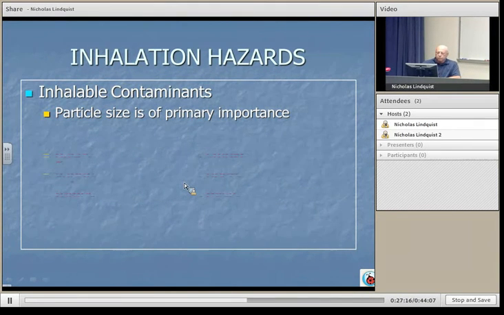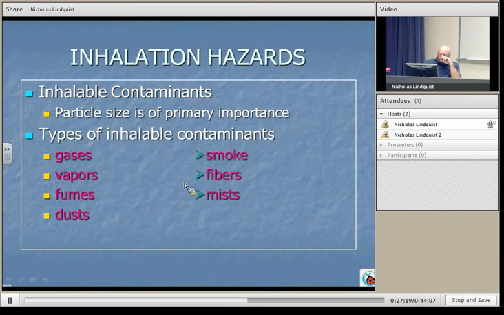Particle size, as we had mentioned a few times before, is particularly important. As we said, the different types of contaminant: gases, vapors, fumes, dust, smoke, fibers, mists. For gases and vapors, we're dealing with substances that are molecular in size, just like air molecules. So they can easily get into the respiratory tract system and pass from there into the blood system. Fumes. Fumes are typically, from our definition, about 1 micron or less. So they can be entrapped into the deep regions of the respiratory tract. Depending on whether they're soluble or not, they can pass through the respiratory tract alveoli into the blood system, or